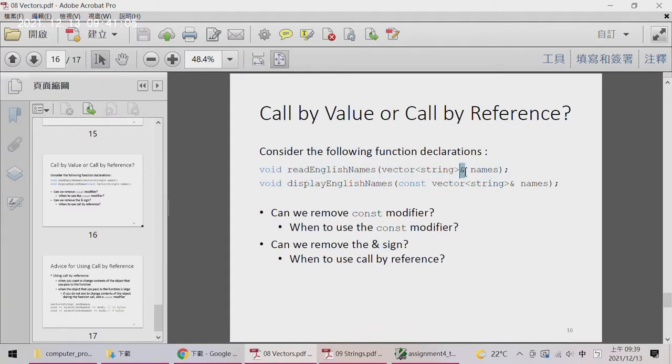The answer is no. Because if we remove the and operator, then this function is called by value, and call by value means